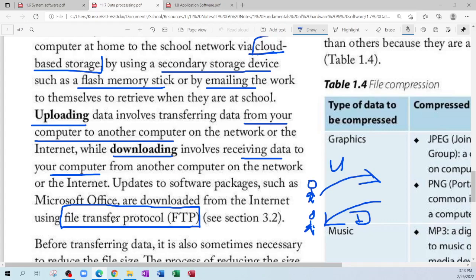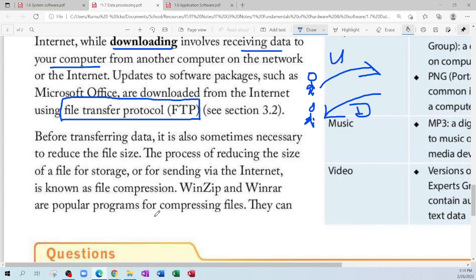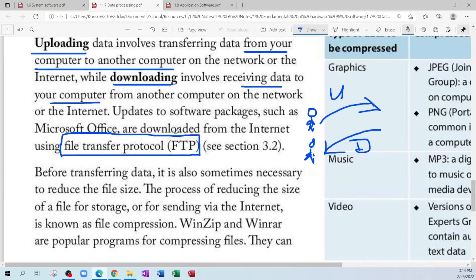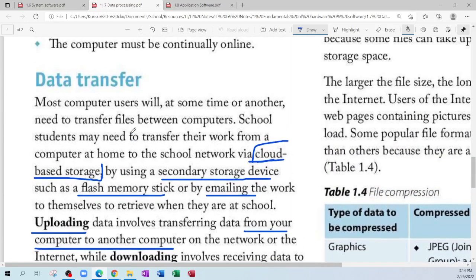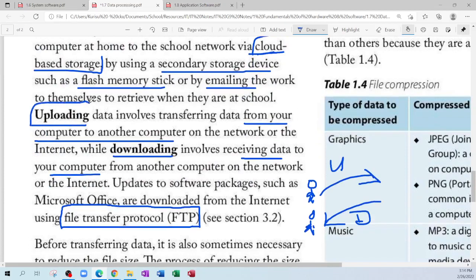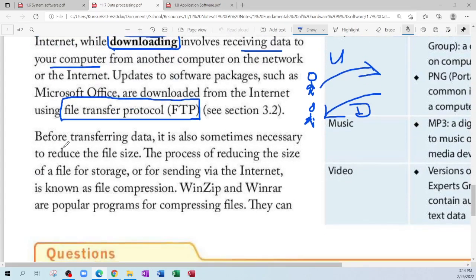So for example, as the paragraph mentioned, when Microsoft wants to update their applications, they would use the file transfer protocol to send out those updates to your computer. You guys following? Yes, sir. Great. So we learned three things so far. We learned what is uploading, we learned what is downloading, and we learned what is file transfer protocol. So the next paragraph,